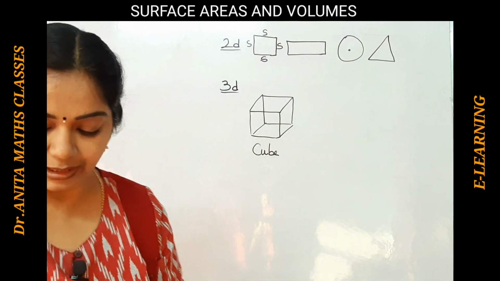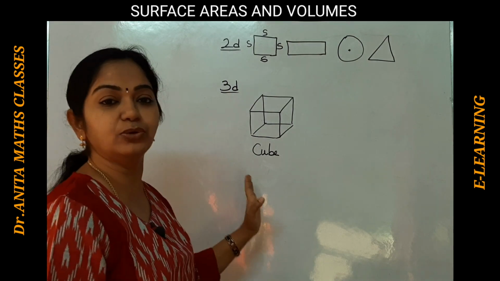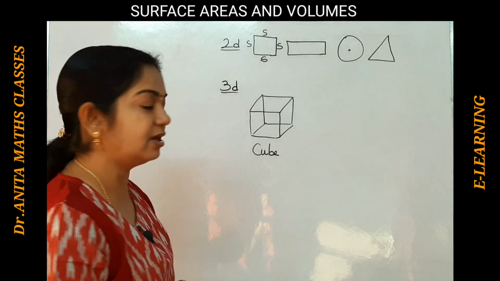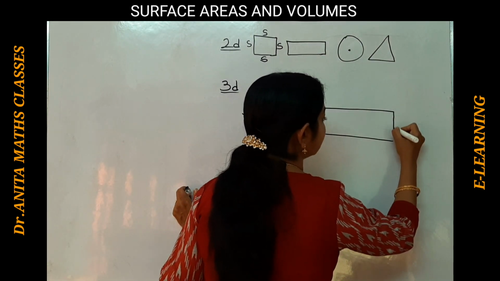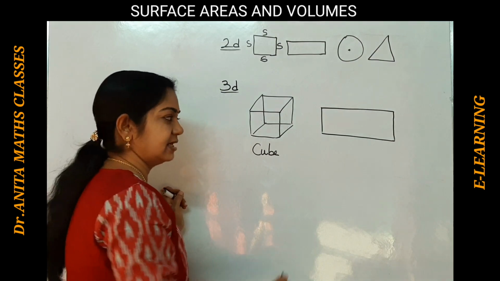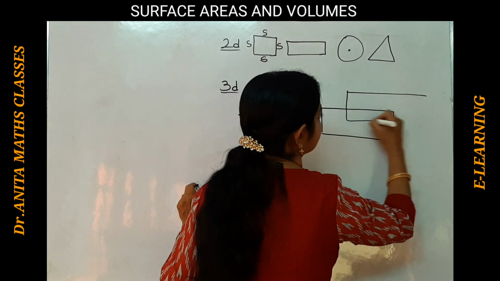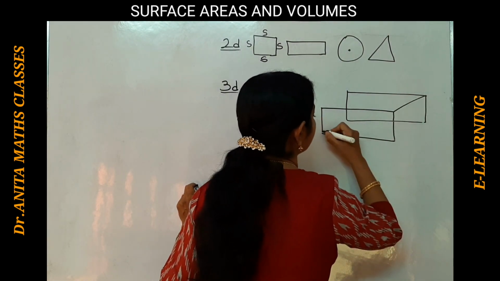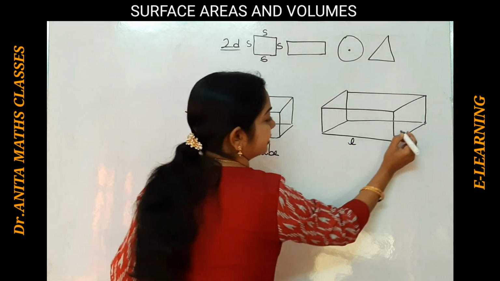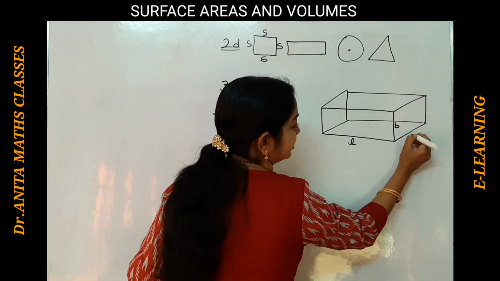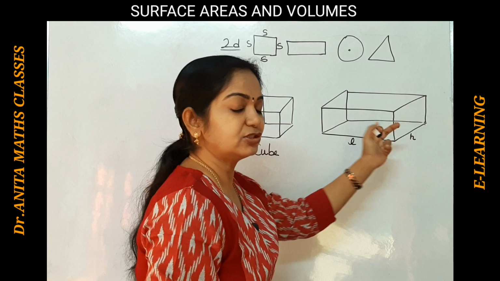Now here in this chapter, in this lesson, we are going to learn about cube and cuboid, which are three-dimensional figures, and further we will also learn some more three-dimensional figures in our next classes. Now this is a rectangle having length and breadth. If I draw this like this, so this forms a cuboid where length, breadth and height. If you suppose this, yes, this is the height. Length, breadth and height. So 3 dimensions.